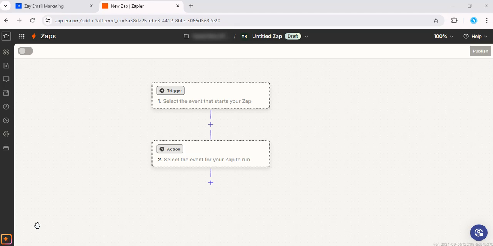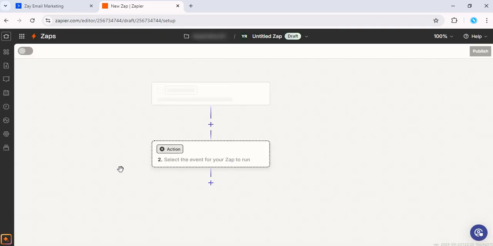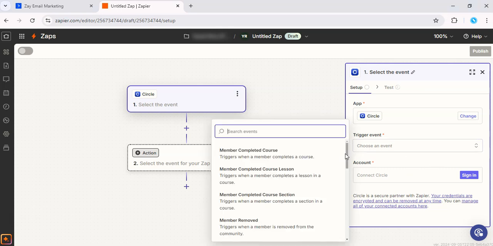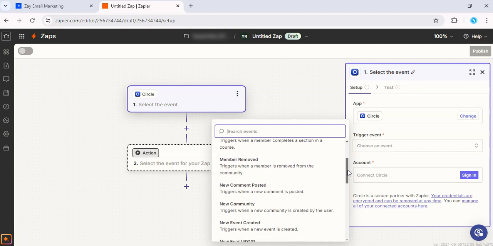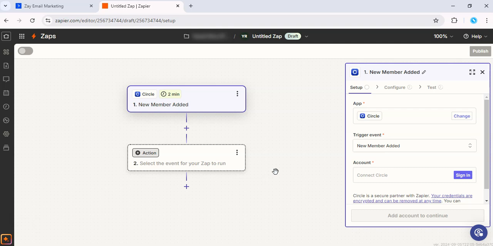Once you're logged into Zapier, you want to go and choose to create a new Zap. All right, we're going to select Circle as the trigger app. Great. And then we are going to choose, let's see if we can choose new member. Community, new member added. All right, so this is going to be our trigger event. So this will ensure that every time someone joins your Circle community, they're automatically added to your email list in